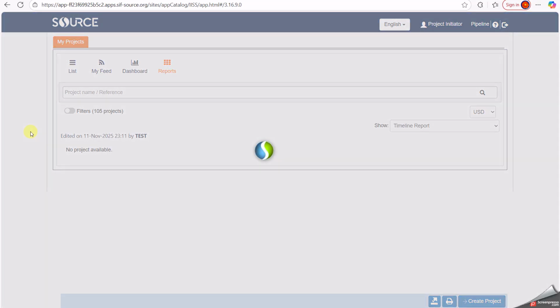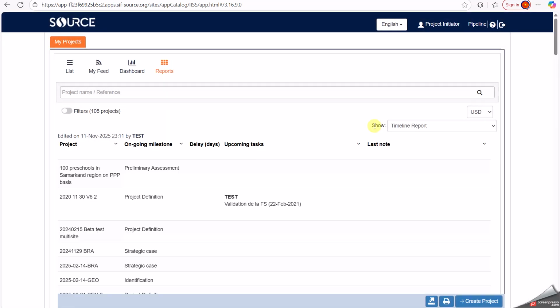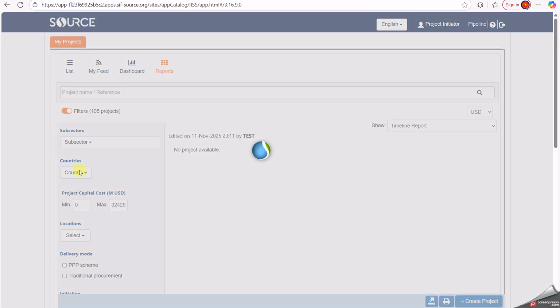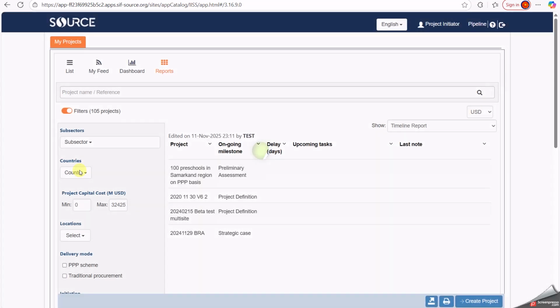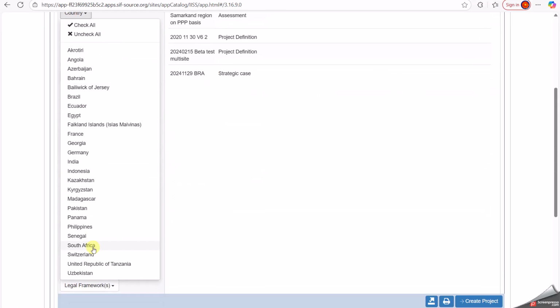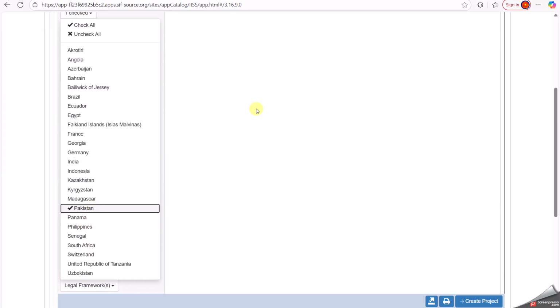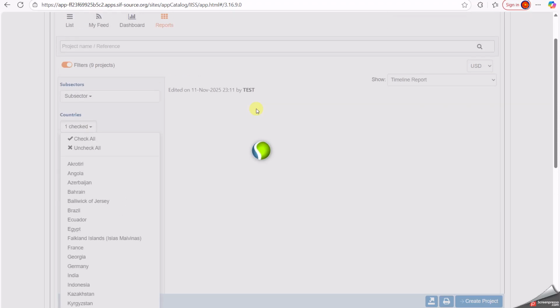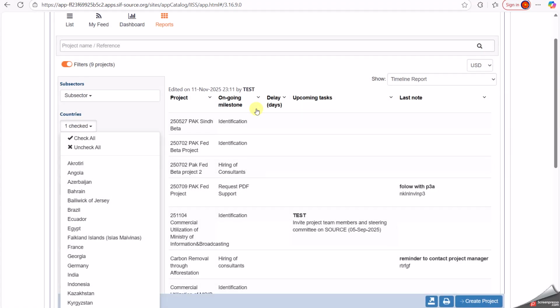Now in the reports view, you can see the reports that have been completed for your project. Let's wait for this page to open up, and then I will illustrate to you how you can see the reports. So again, let's use the filters section and select Pakistan as the country that we are interested in. Once you select Pakistan, it's going to, so here you can see that,